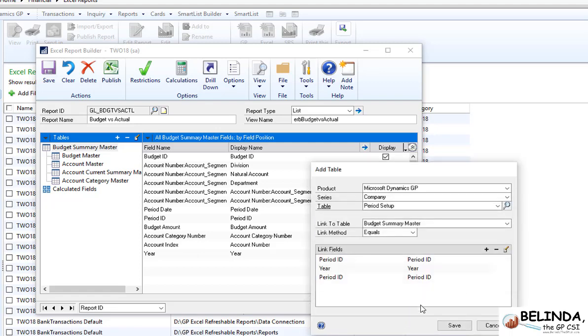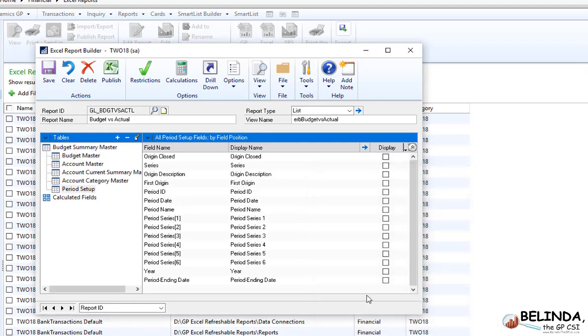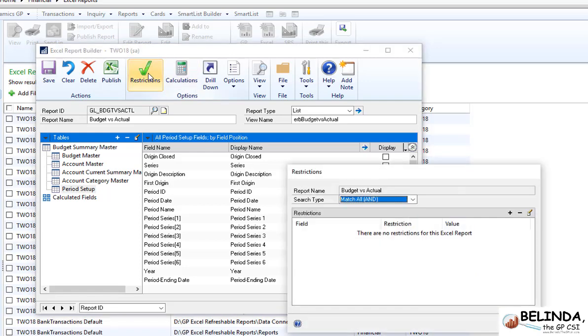Now what we want to do is go in, I'm going to save that, and tell it to only look at the rows where the series is financial. So we're going to use this restriction option. This is a really cool thing that eOne has done. It enables us to use links like this that normally would duplicate our data and narrow down